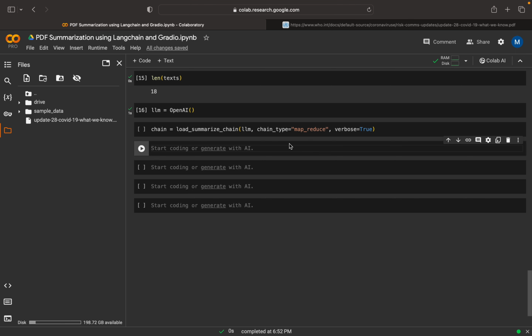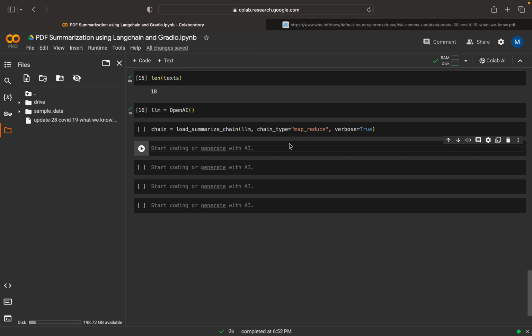If the document size is very large, it is better to use map reduce, because in map reduce it will take the summary of each document, it will create the summary of each chunk. In the other case, it will take the entire document and try to summarize it. In that case, as we discussed earlier, it will mostly reach the token limit and